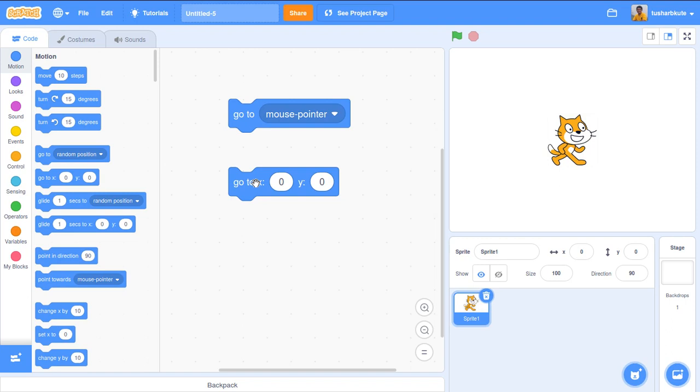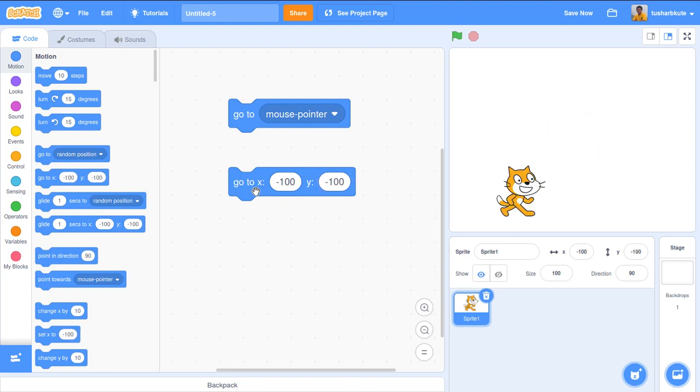If you have to move your cat to a specific position, you can make use of it. For example, I want minus 100 and minus 100. You can observe these values are getting changed over here. Movement to a specific x and y position is possible by this particular option.